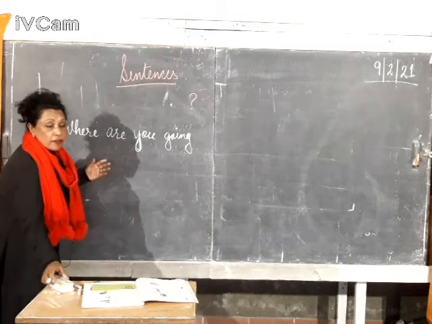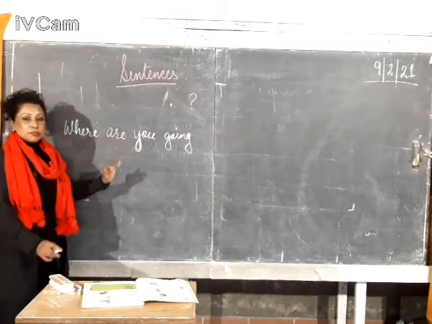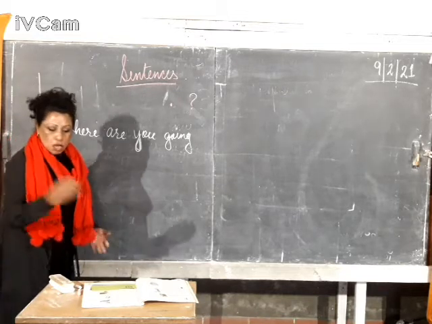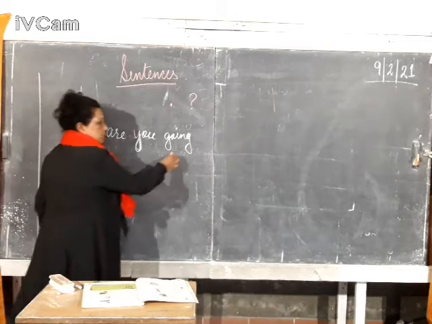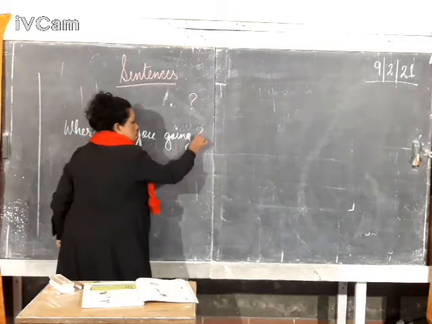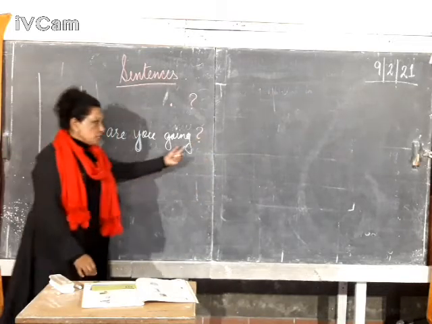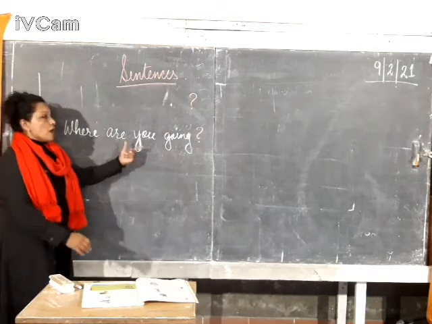So that means, where are you going? Then it is a sentence, but it is not a statement. You are not stating it. This means you are asking a question so that you'll get an answer back from the other person. For such kinds of sentences, you always put a question mark. Always put a question mark. A question mark means you get an answer back. All right?